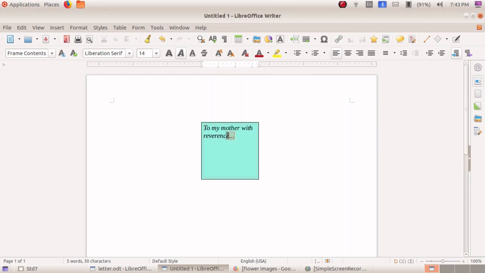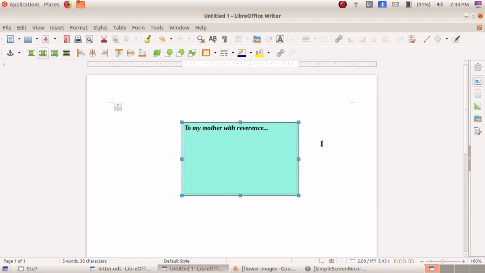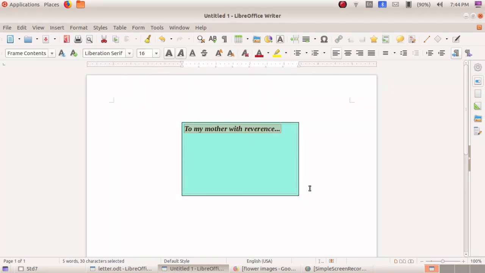I am applying bold effect to my letters. Just applied here. I want to resize my frame, so I am selecting it again like this. You have to resize it. Okay, children, in this way you have to resize the letters and everything.